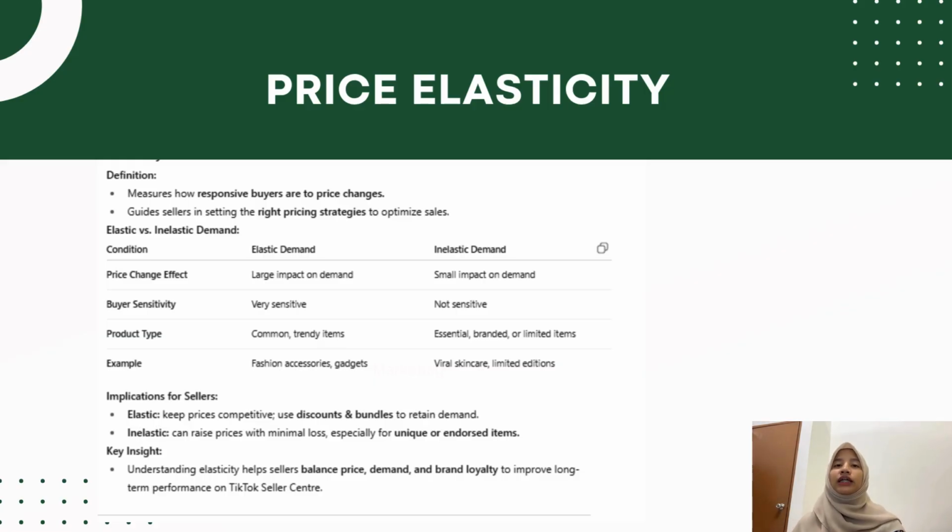So they can give that information to the sellers for guidance, and they will know it and acknowledge that. For instance, elastic demand means buyers are responsive to price changes, such as makeup